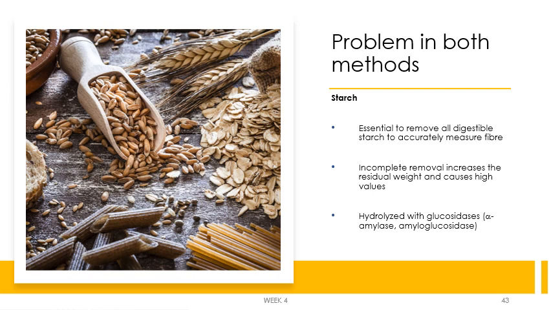For both of these methods, chemical and gravimetric, starch in particular can affect the analysis. It is essential to remove all digestible starch to accurately measure fiber, and incomplete removal can increase the residual weight and cause a high value. So you will tend to overestimate your fiber. What you can do is first hydrolyze starch with enzyme glucosidases, such as alpha amylase and